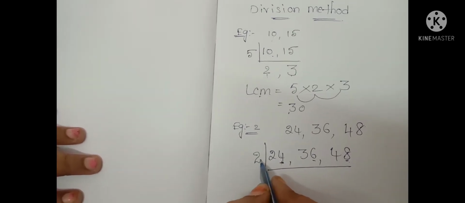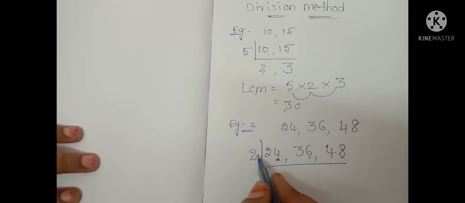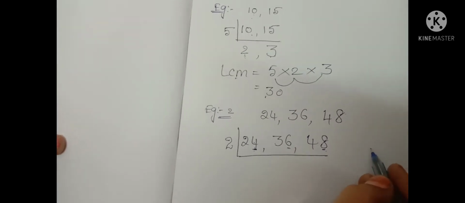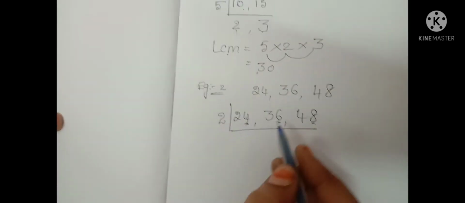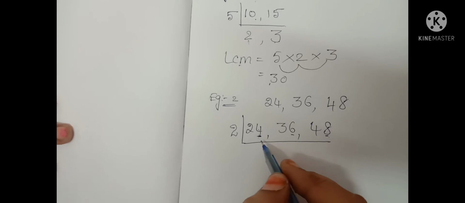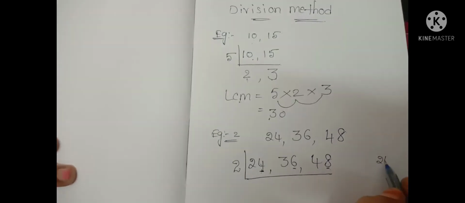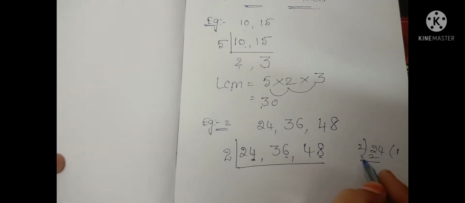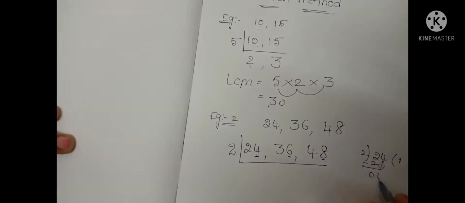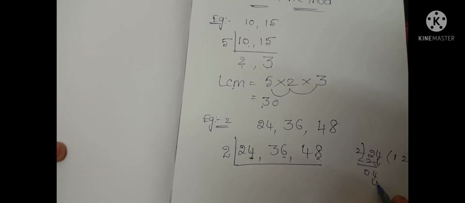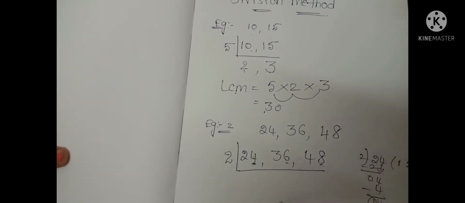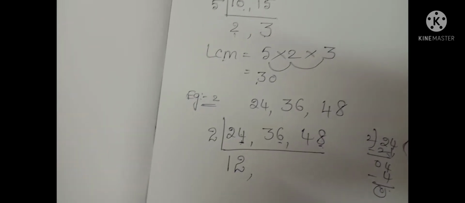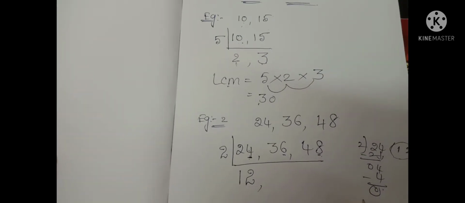I am taking the 2 table now. In the 2 table, 24 how many times? I don't know. Up to 2 tens 20, all members know, but so many members don't know 24 how many times. So you can do division. In the 2 table, 24 how many? 2 ones 2, 2 minus 2 is 0, 4 bring down, 2 2s are 4, 4 minus 4 is 0. That means how many times did it come? 12 times. Okay, in the 2 table, 36 how many times?